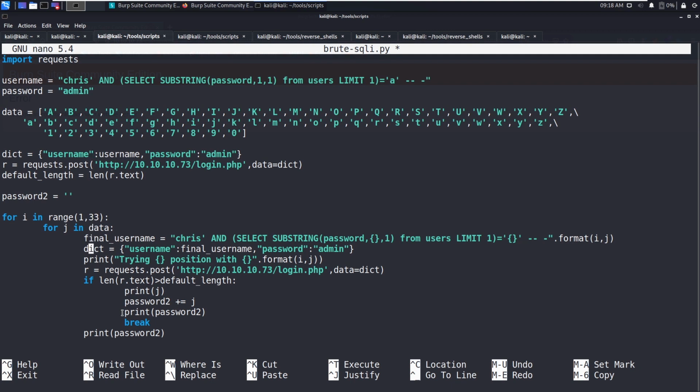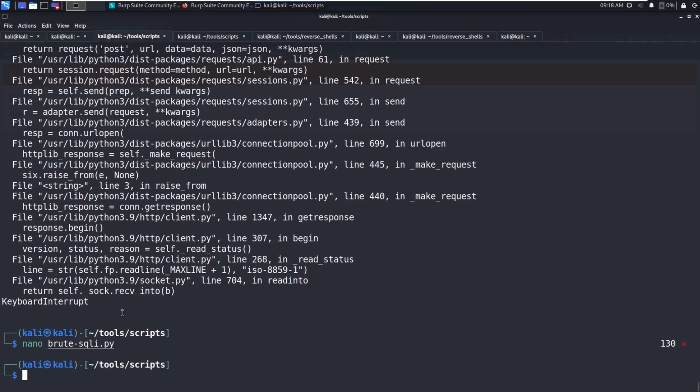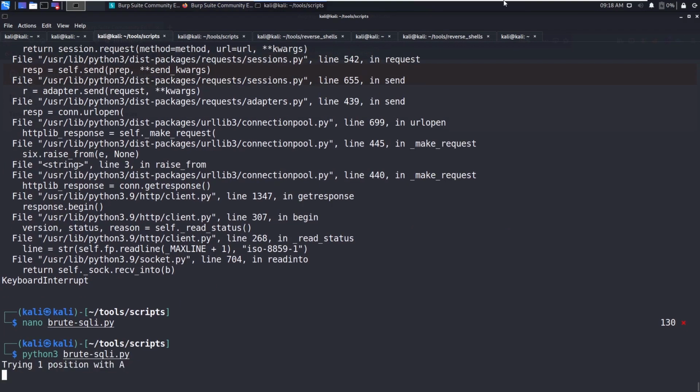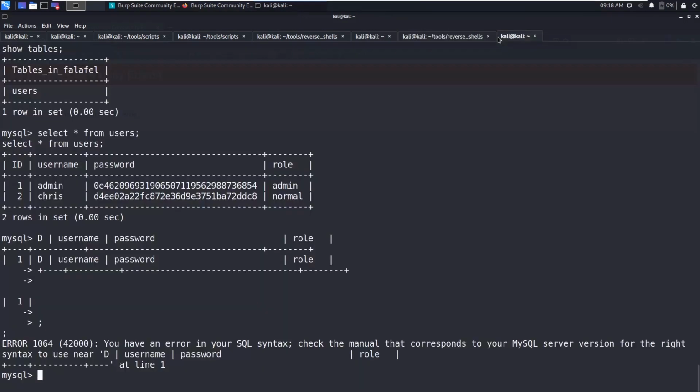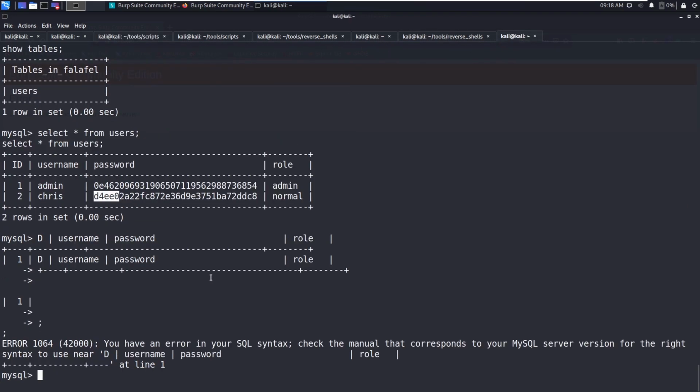What I'm doing is selecting Chris and the substrings. Okay, the first hash begins with the D, right? So that should be identification for this one. Okay, there is no information.